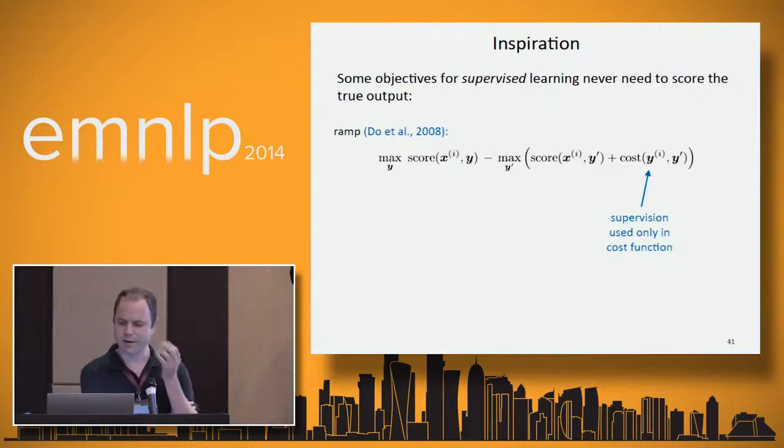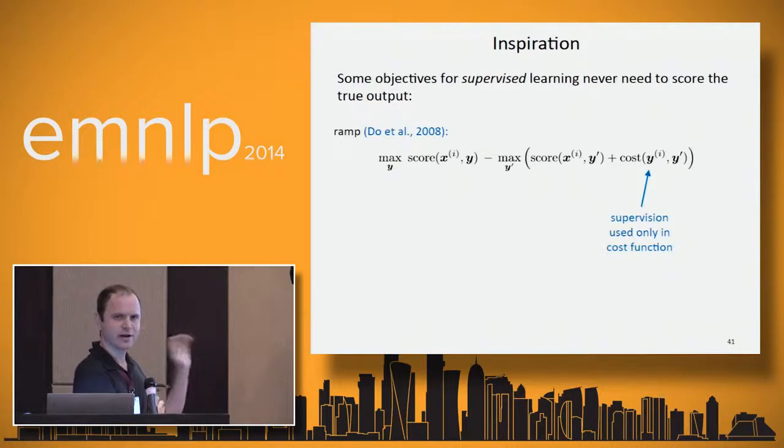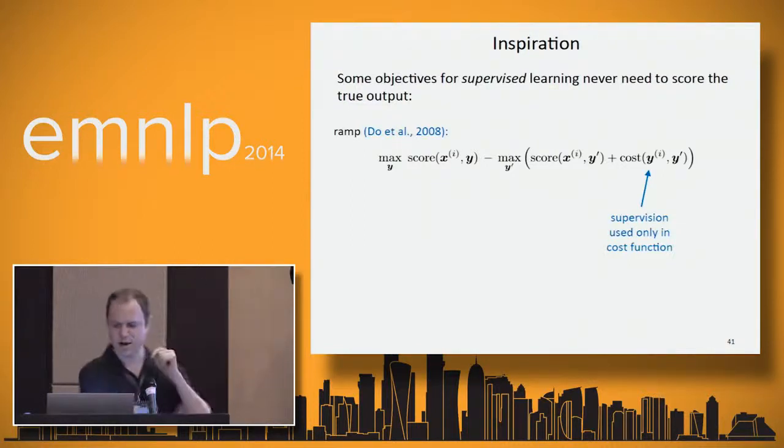And ramp loss actually has a number of nice properties, which is surprising given how strange it looks, frankly. To me, it's a very strange loss function. You're trying to improve the score of your model's current prediction, because you're doing the max of the scoring function of y, and then you're trying to still decrease the score of the so-called loss-augmented prediction, just like hinge loss. So we're going to use this same idea. Since the cost function doesn't look at yi, we're doing unsupervised learning where we don't even have yi. This is a nice fit.